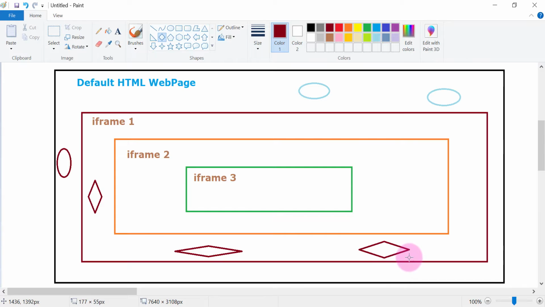So these are the content of frame 1. Then inside frame 2, I have some other elements, like drop downs and a search box. So these are the content of frame 2. And on frame 3, I have some other set of information. These are the content of frame 3.